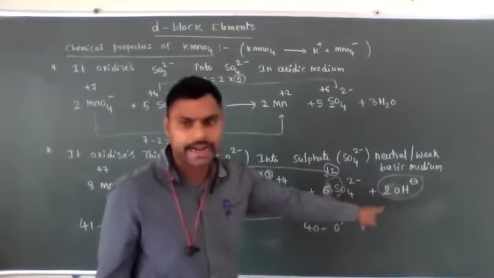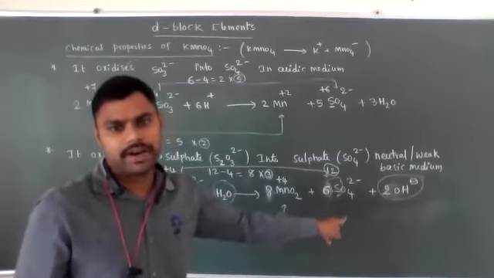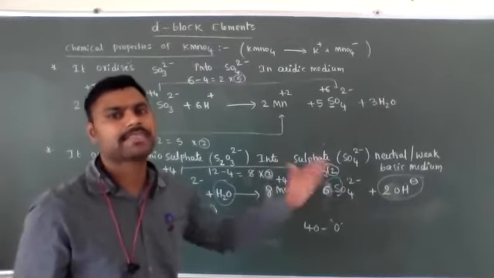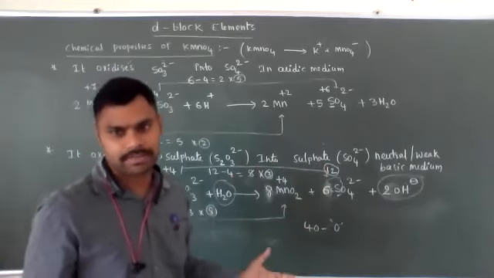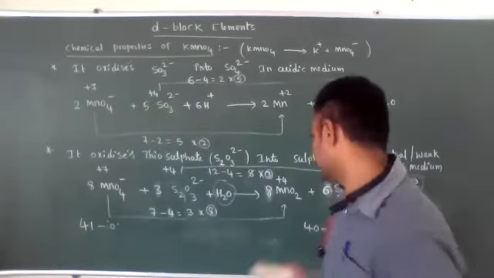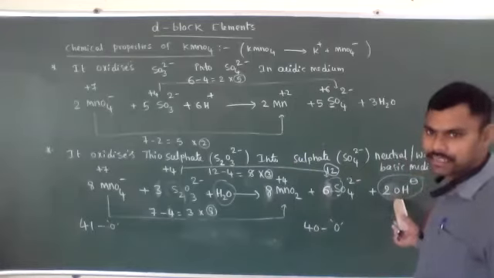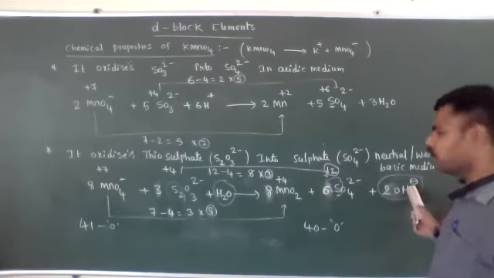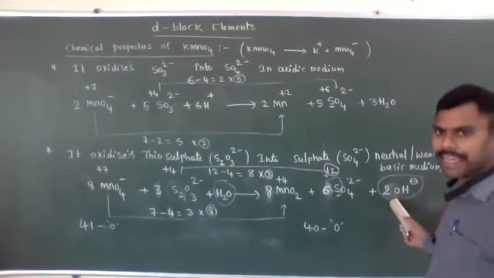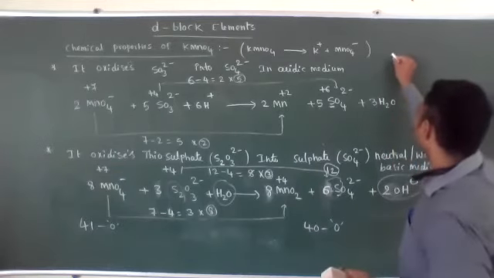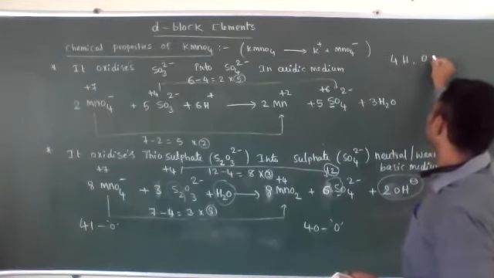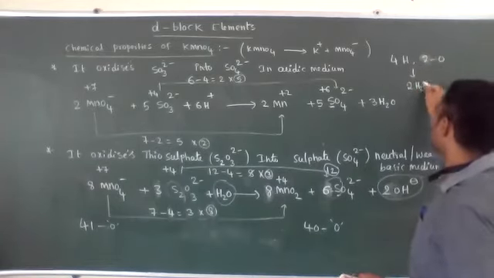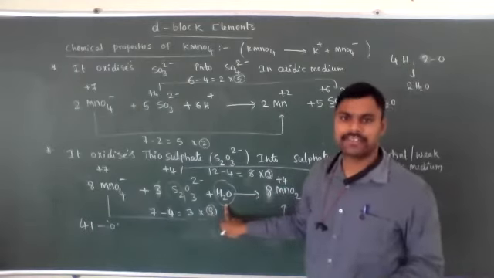That's why on the right side I've added one water molecule. For balancing hydrogen atoms in basic medium, we need to add on the same side as many OH minus ions as the number of hydrogen atoms present. Then I added 2 OH minus ions. Already here one water molecule is present. Then 4 hydrogen atoms and 2 extra oxygen atoms came, which means 2 water molecules are added on the left side.